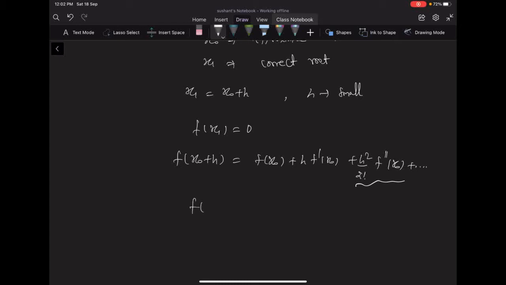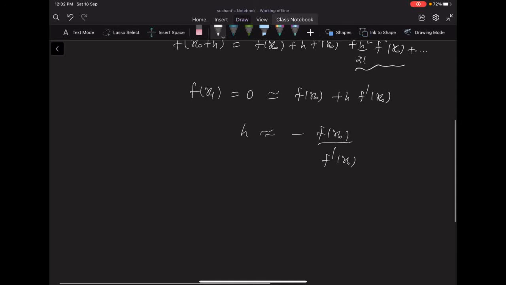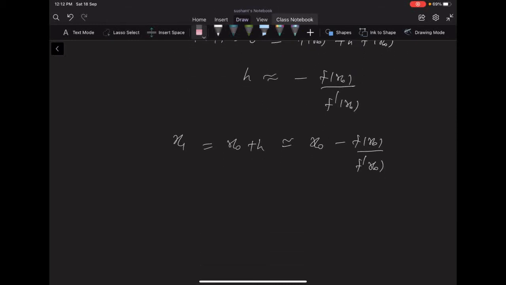And this f(x0 plus h) is f(x1), and that is equal to 0, which is approximately f(x0) plus h f'(x0). So from here we can calculate h as minus f(x0) upon f'(x0). Now our x1 is equal to x0 plus h, which is nearly equal to x0 minus f(x0) upon f'(x0). So a better approximation than x0 is given by x1 by this formula,